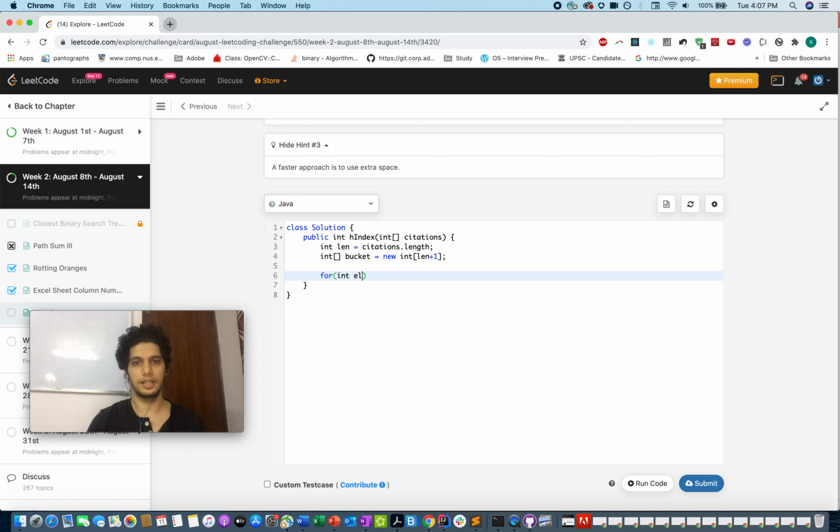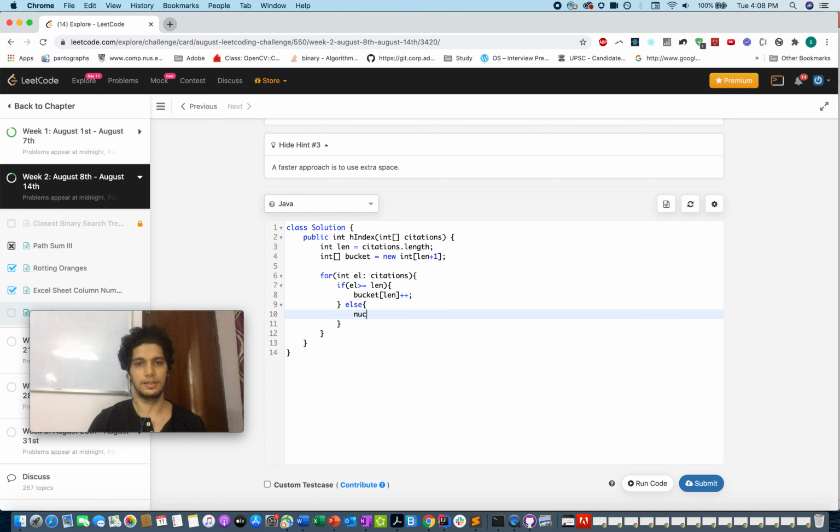For integer el over the citations, if el turns out to be greater than or equal to len, we will update the bucket at the last index, len, plus plus. Otherwise, bucket of el plus plus.